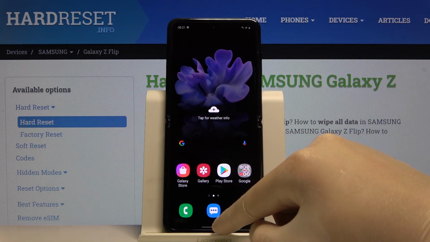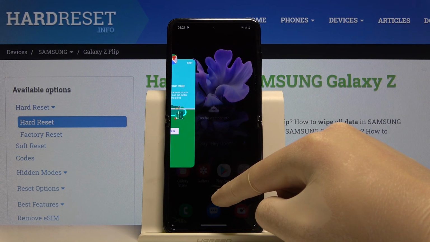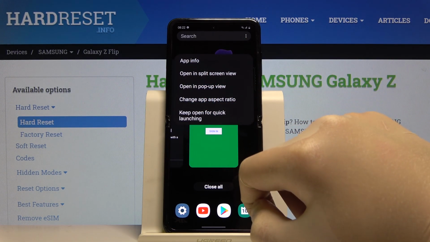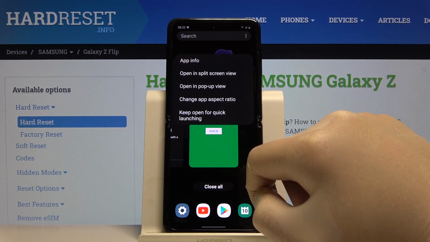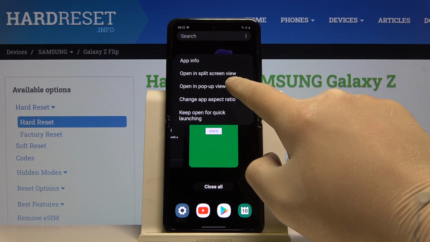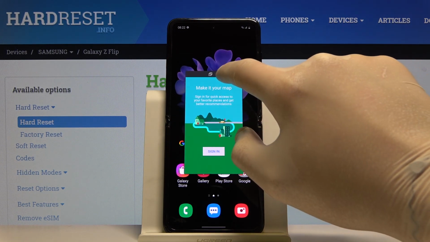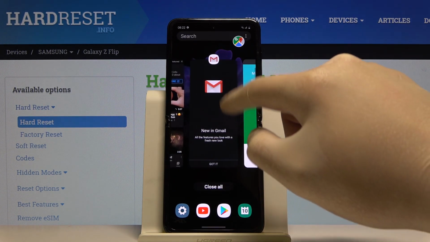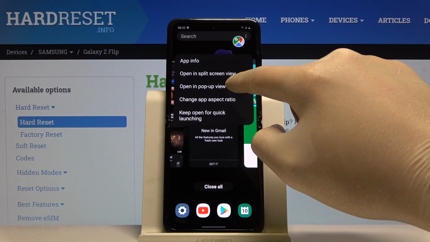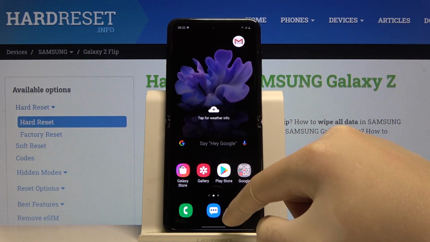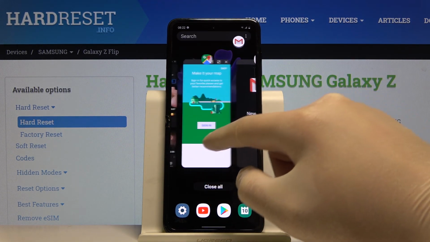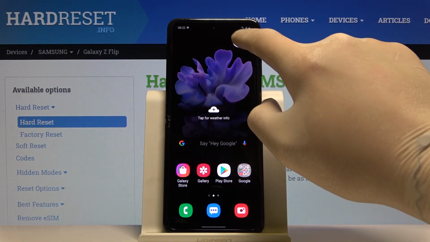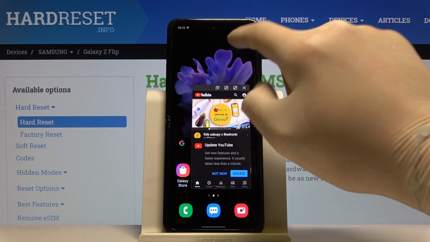And right now we have to drag right here and open the first application by clicking on its icon right here. So right now click on open in pop-up view, then click here and do the same. So drag, open the second application, tap on open in pop-up view, click also here, and let's go for the last one. Click open in pop-up view, and right now when you want to open it, just click here,